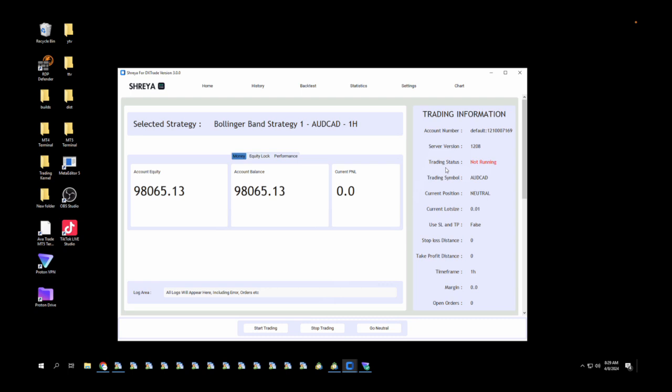After this, we are going to be releasing an advanced copier. We released the version 1 of the MT5 to DXTrade copier, and it wasn't exactly everything we wanted. We're going to be releasing a higher version with more advanced features. So be expecting that in a couple of weeks from now,